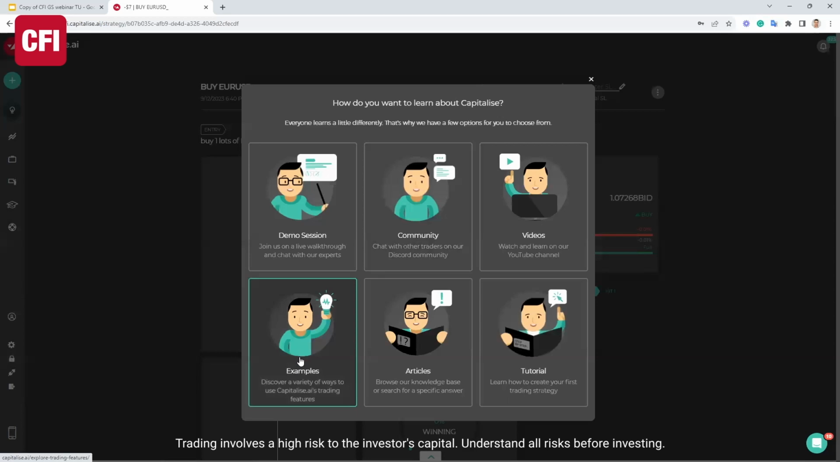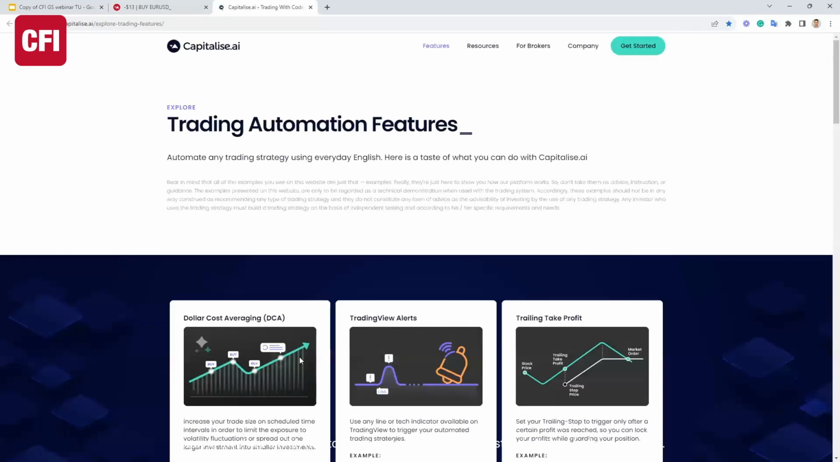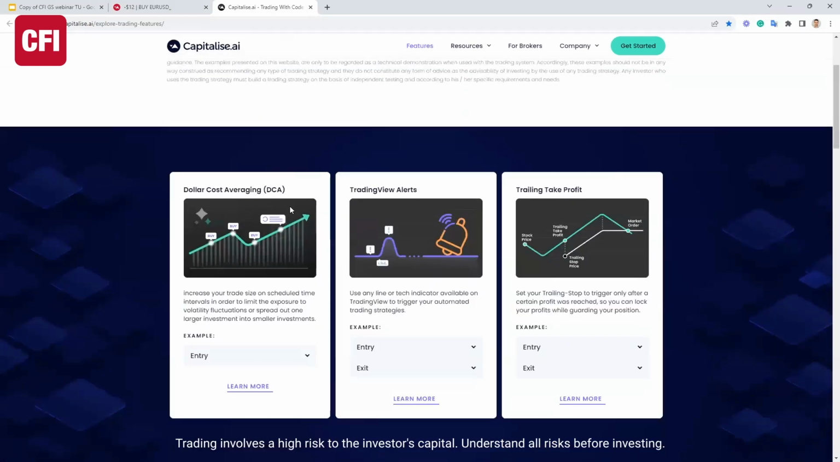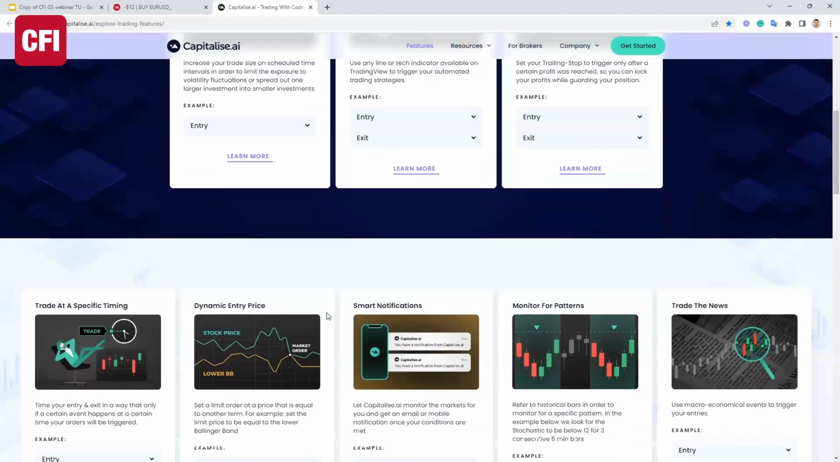And we then have this examples page. I'll very quickly go there because for any of you newbies trying to get a grip on how to create strategies on Capitalize, this would be a great place for you to have a look. And there are a lot of generalized templates or generalized strategies, from dollar cost averaging to using trailing take profit,